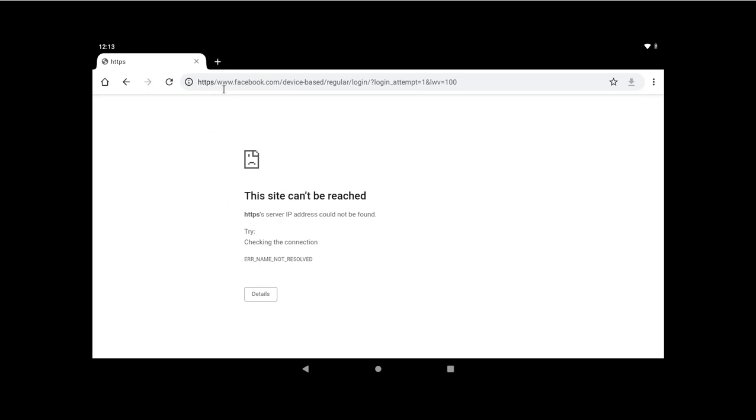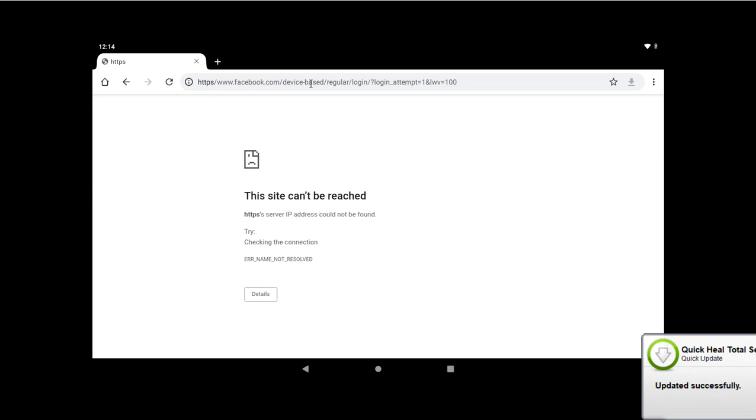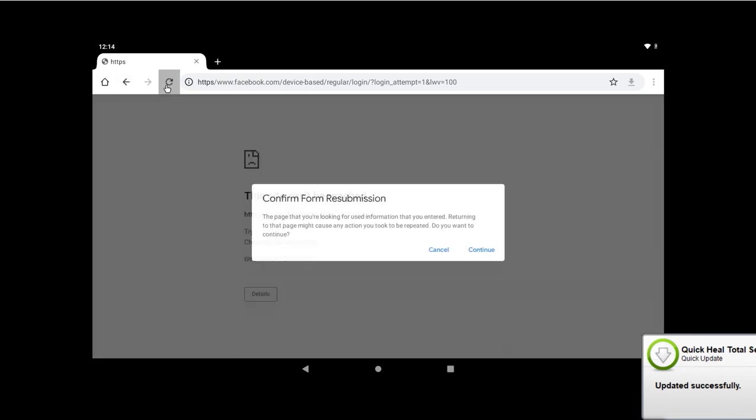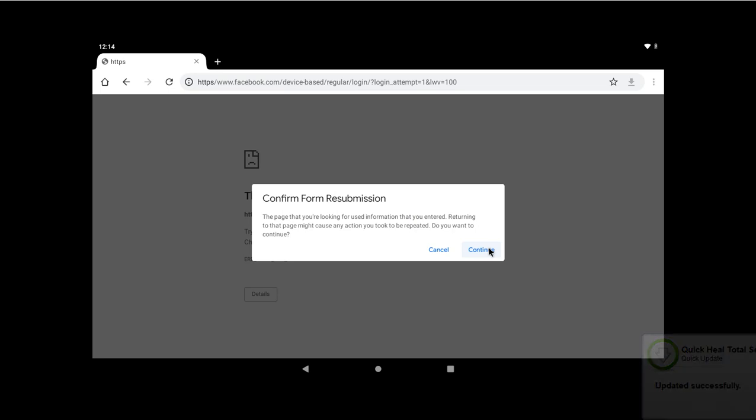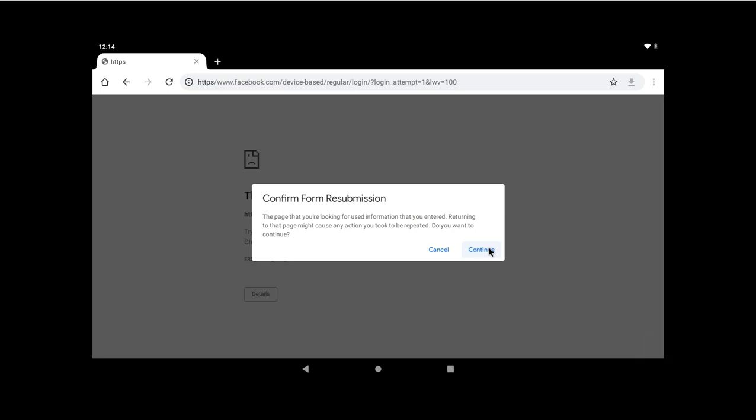If you see the link here, it is the original site link, the real site, so the user will be redirected to the real site, and the credentials are already cached.